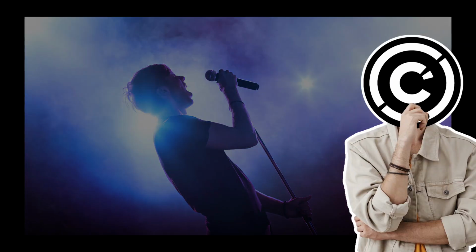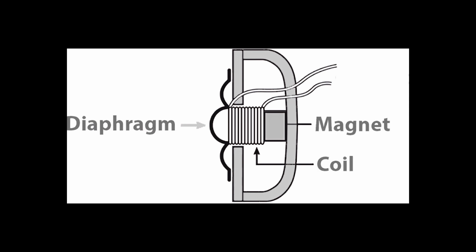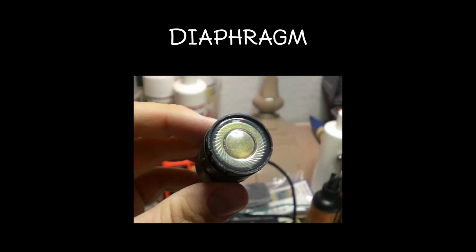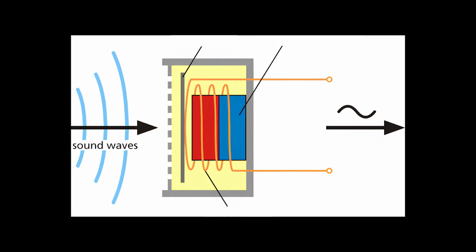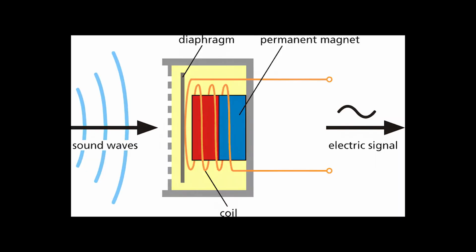So, how does this thing work? Inside the mic's capsule, there's a diaphragm attached to a coil of wire, suspended within a magnetic field. The diaphragm is a thin membrane made of either metal or special plastic. When sound waves enter the microphone, they cause the diaphragm to move. This movement, in turn, moves the coil within the magnetic field. If you've ever studied electromagnetism in school, you'll know that this movement generates an electrical charge around the magnetic field.